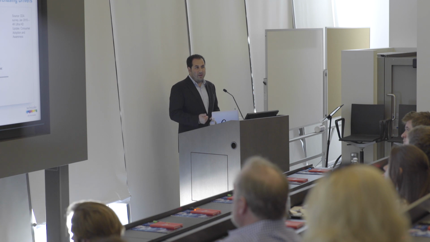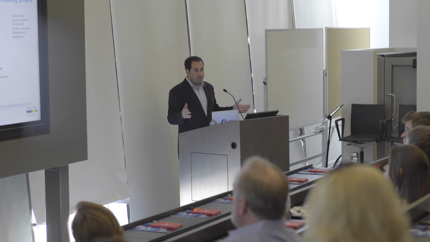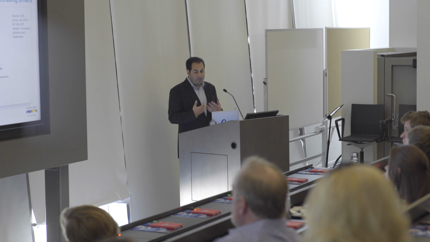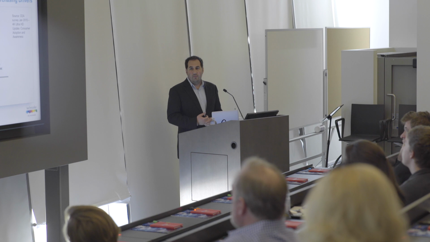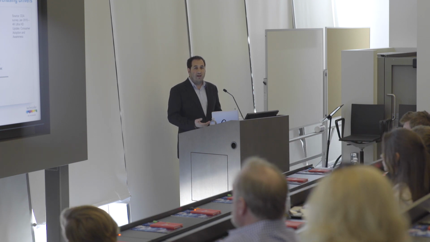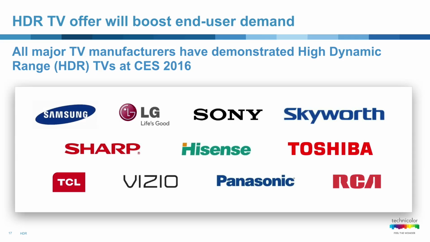So there is a drive in the marketplace. As much as we think everyone buys the cheaper TVs, there is a drive in the marketplace that if I'm buying my TV for my living room, that I want the best quality possible. Obviously, it's not everyone, but there is a big desire to have the best quality out there. And as we show you high dynamic range, you'll see there is a noticeable difference that when a consumer goes into a Best Buy or an Amazon store or wherever they are, looking at reviews and seeing these screens, they will see the major difference and probably tend towards wanting a high dynamic range screen.